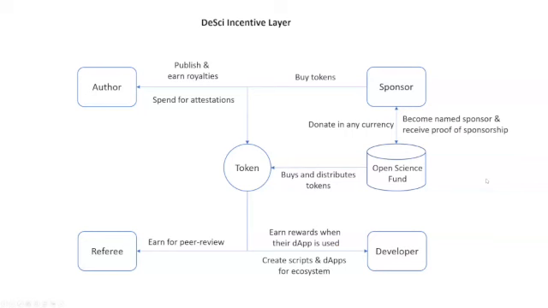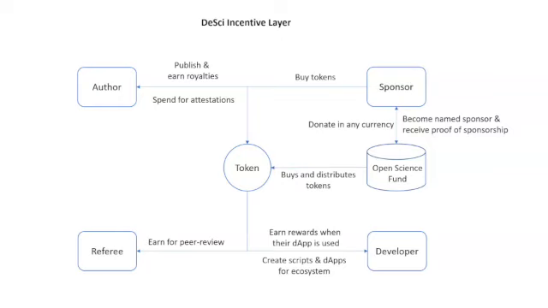So this is an attempt to pull together some of the ideas that we've been toying around with over the last couple of months and years. Very, very early stage. So the idea is to have an incentive layer for DeSci and for DeSci nodes, where we would have a token that creates a reward system for scientific authors and referees, as well as for software developers that contribute to the open DeSci infrastructure. And the intrinsic financial value of the token would be driven by donations to improve science.